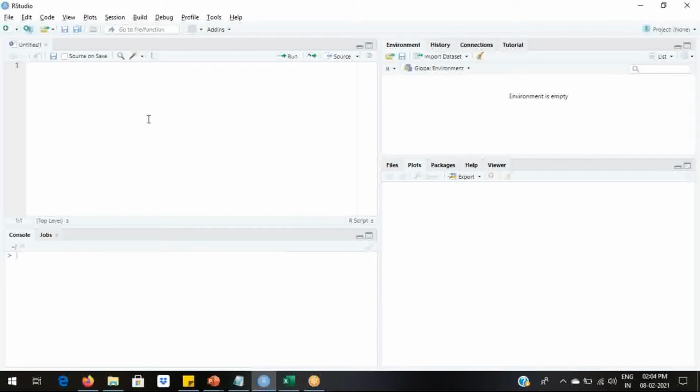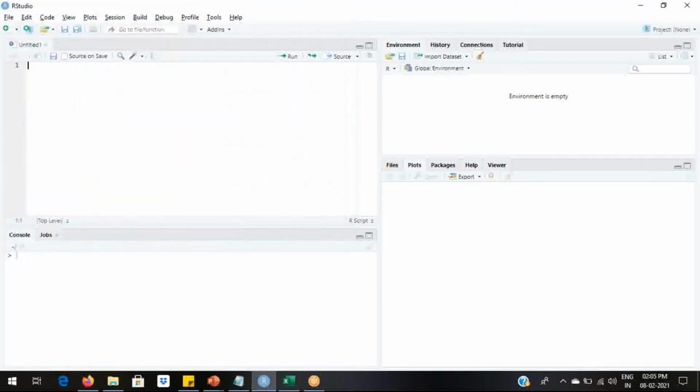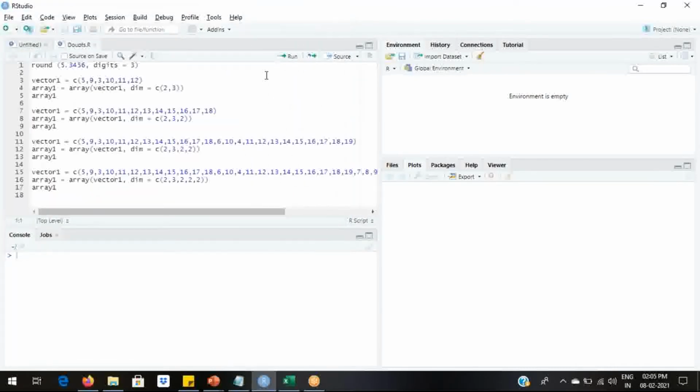I hope you are able to see my screen. Yes, sir. Thank you, sir. So the first doubt was whether decimal values can be rounded off. So it can be done using the round function.